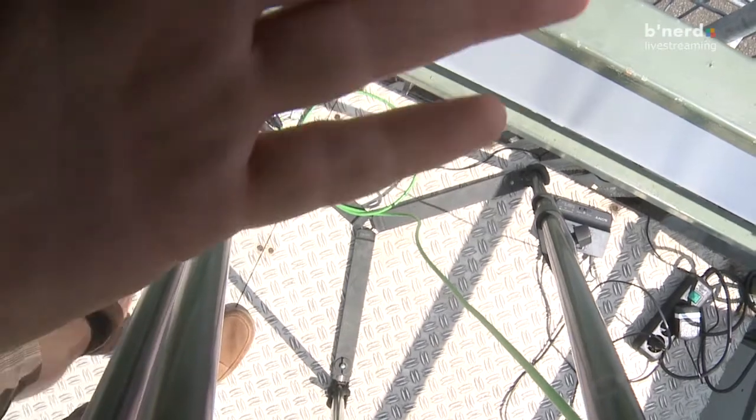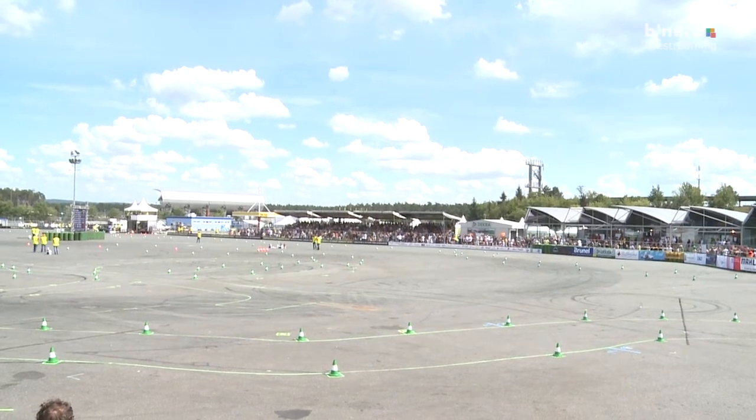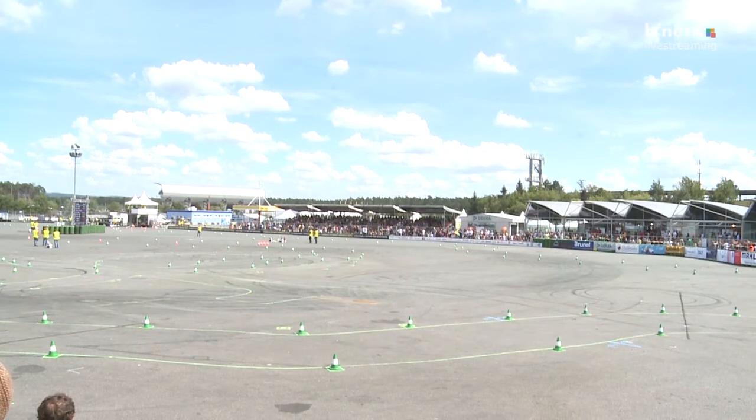Very early on the brakes there, so he's playing safe for the first lap. Coming in nicely here, pretty late on the brakes just before, and having a time of 94.85. That's not bad, but we already saw so far